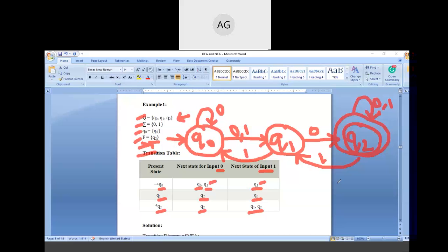And another type of question may be asked in your exam, that some information is given and you are given this type of transition diagram, and you need to convert this transition diagram into the transition table. So all of you understand it, just write in the chat box so that we can proceed further. Just draw this diagram on your copy.